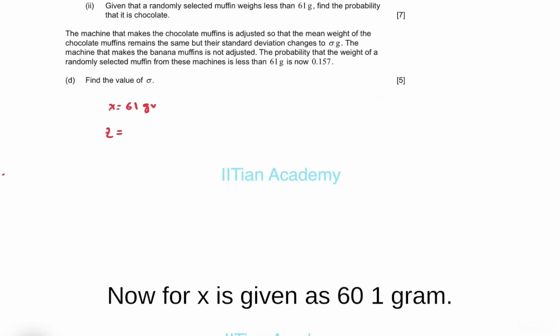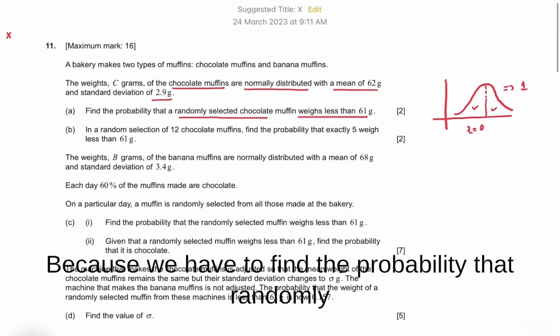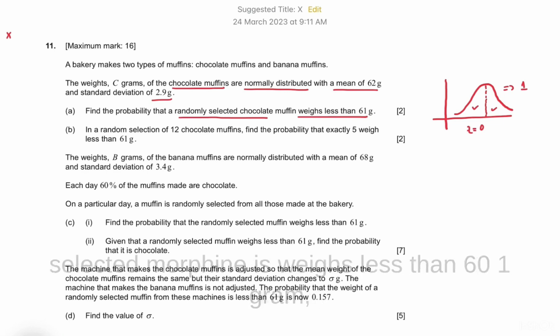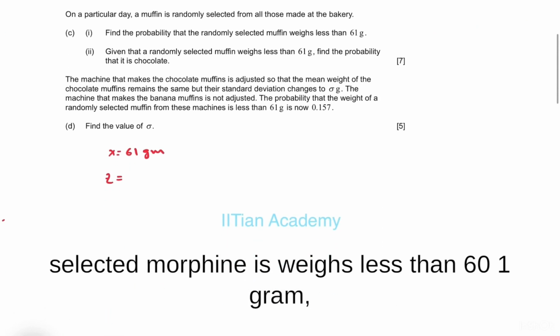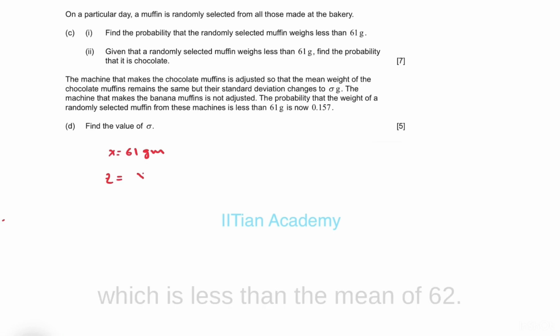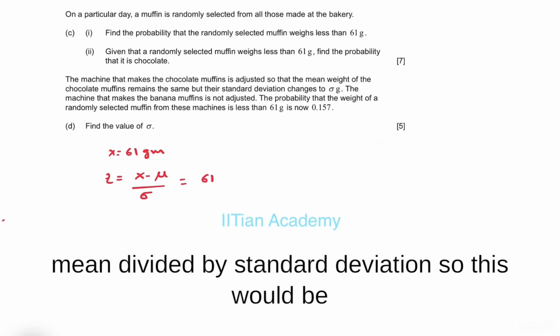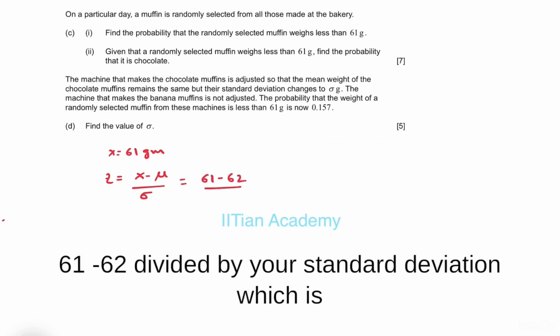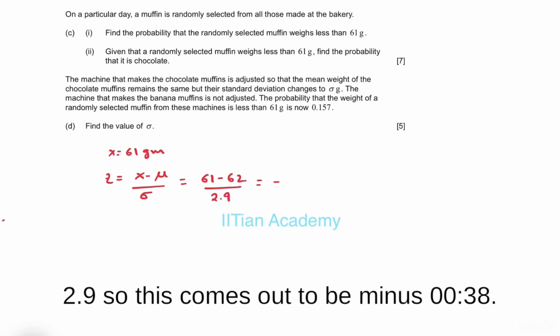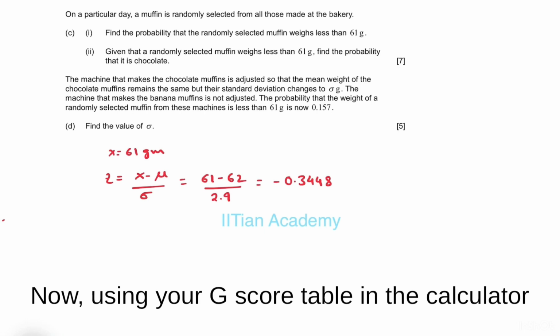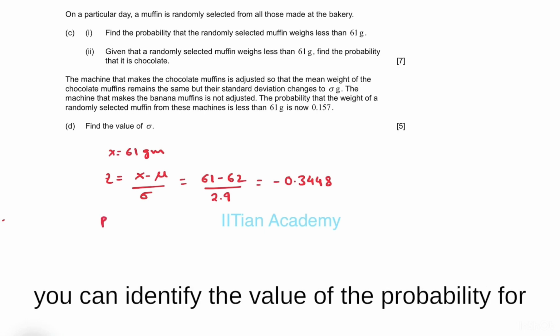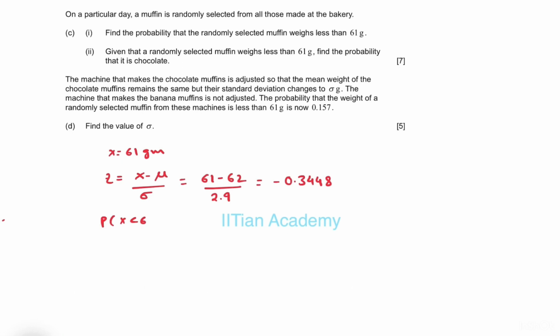Now x is given as 61 gram because we have to find the probability that a randomly selected muffin weighs less than 61 gram, which is less than the mean of 62. So the z-score formula is x minus the mean divided by standard deviation. So this would be 61 minus 62 divided by your standard deviation, which is 2.9. So this comes out to be minus 0.3448. Now using your z-score table or the calculator, you can identify the value of the probability